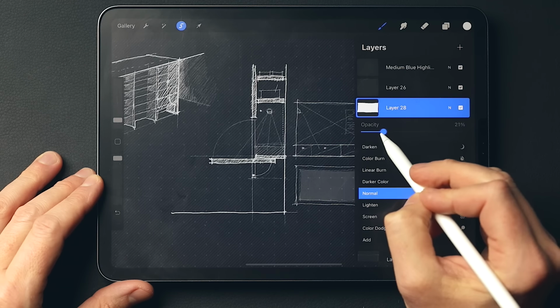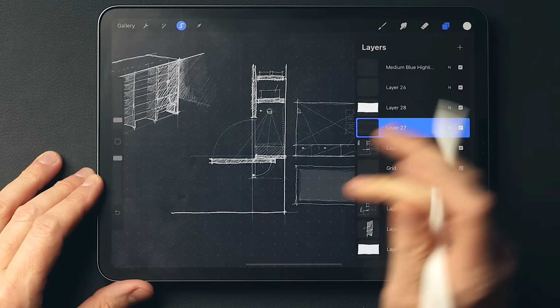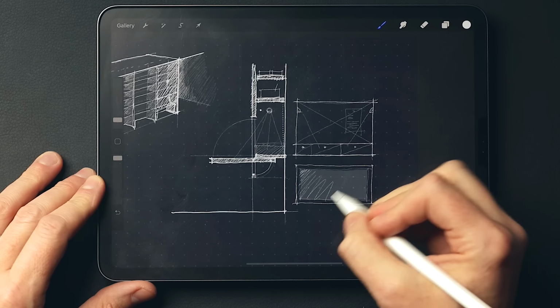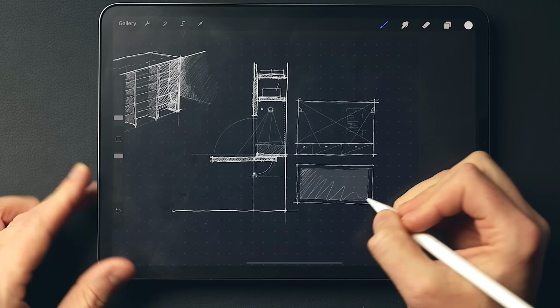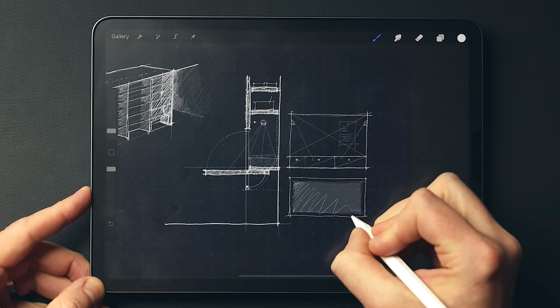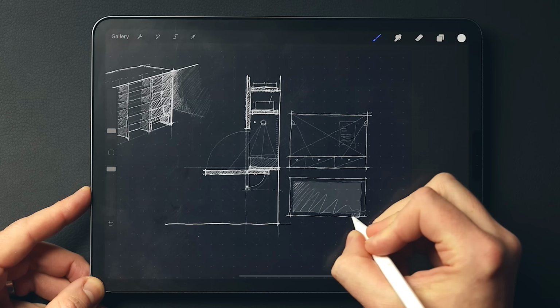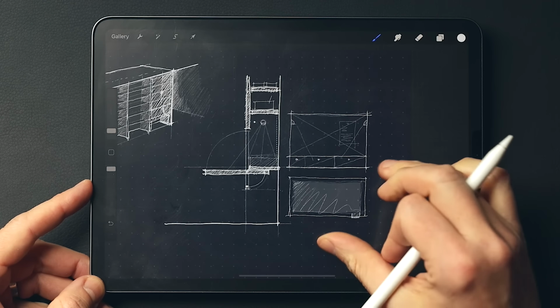Just drop the opacity on this. Come back to our layer here. So there's our leather surface, right? What if that edge of that sort of peeked out here, just like that? So if we draw this in elevation,